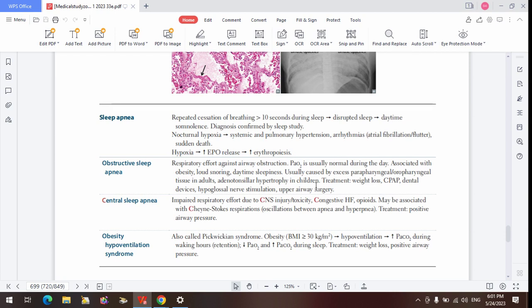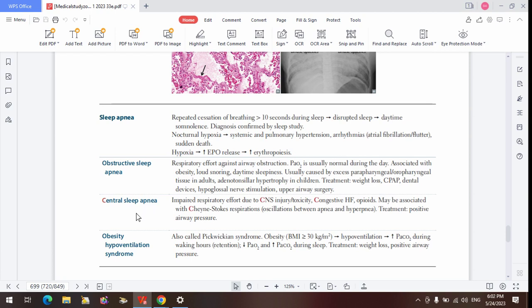So you are just worsening that respiratory depression that happens in sleep. What I'm trying to say is that respiratory effort reduces when someone sleeps. I'm not saying there's respiratory depression when we are sleeping, but respiratory effort is not as high as when someone is active. So if you now have a problem with either the airway due to an obstruction, or a problem with the central nervous system, the respiratory center controlling respiration, then you have worsening of that respiratory reduction at sleep. Okay. So the next one is the central sleep apnea.